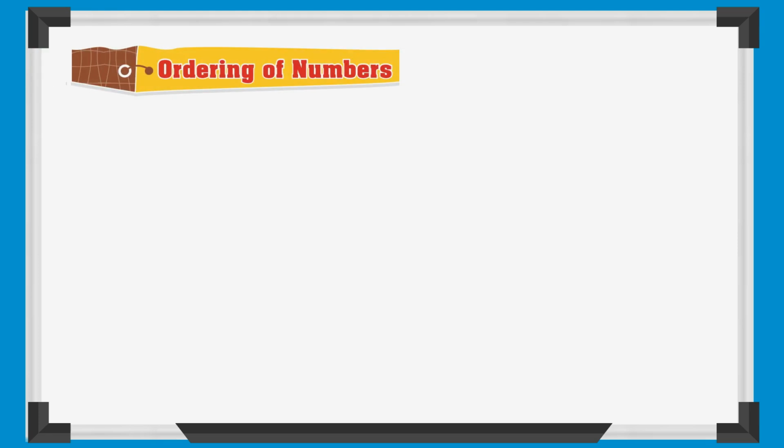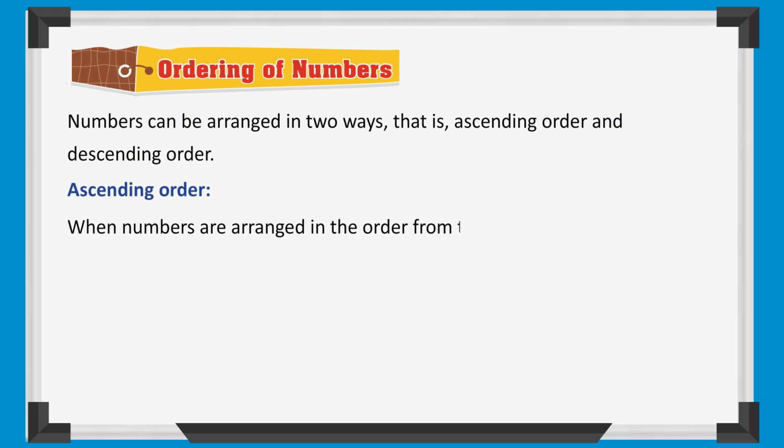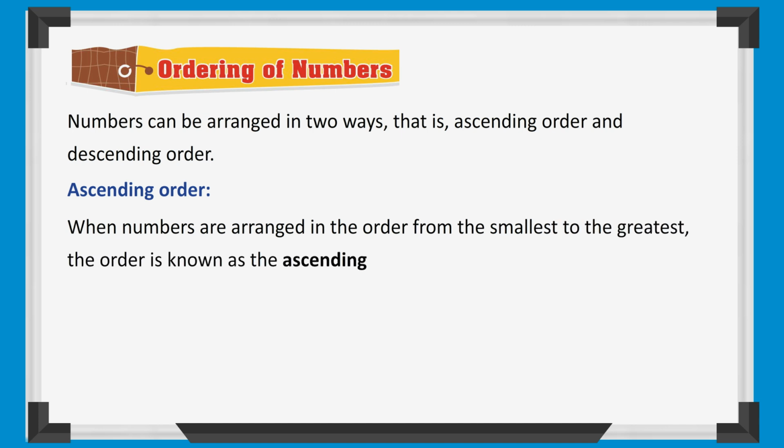Ordering of numbers. Numbers can be arranged in two ways, that is, ascending order and descending order. Ascending order: when numbers are arranged in the order from the smallest to the greatest, the order is known as the ascending order. For example, in